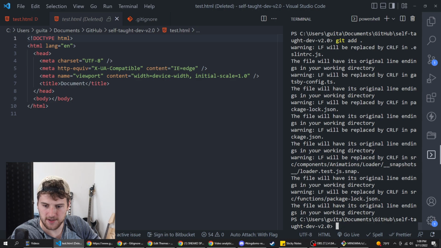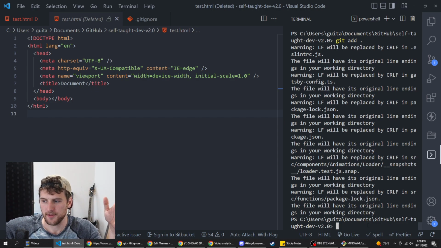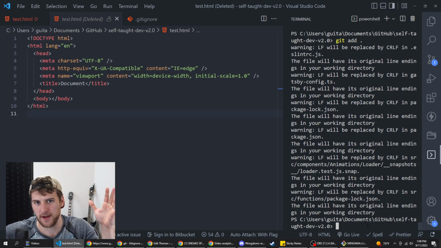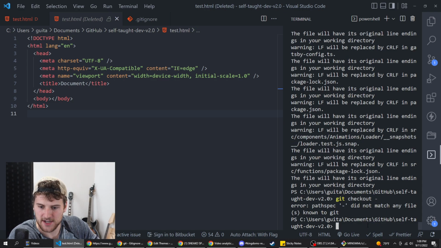So that is number 3, I think, right? We were number 3. Number 4 is how to switch between branches easier. Let's say you've got a working branch and then you've got one that's newer that has a bug in it, and you're trying to switch back and forth to compare and see if you can find where the bug is. If we do git checkout dash, that is going to check out the previous